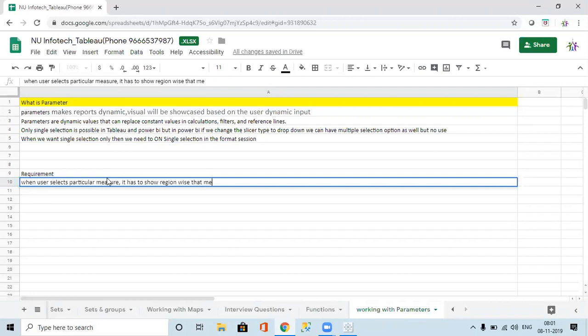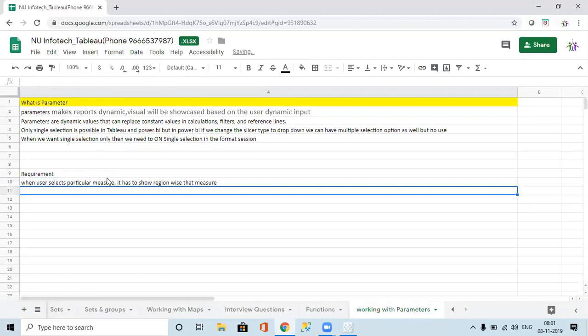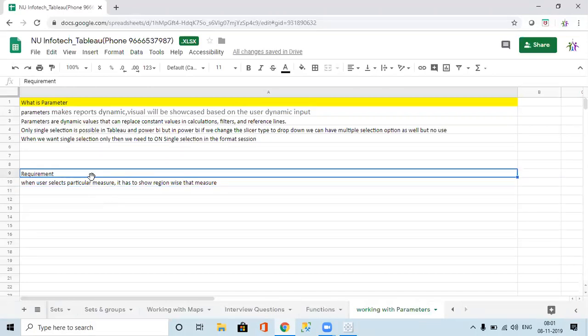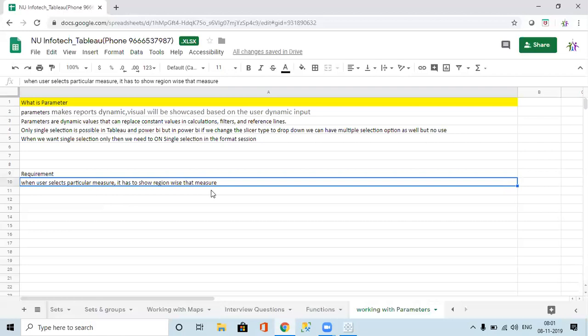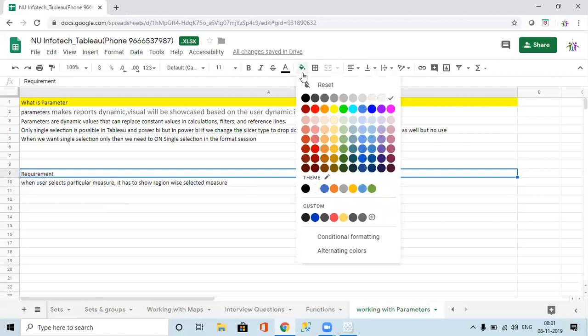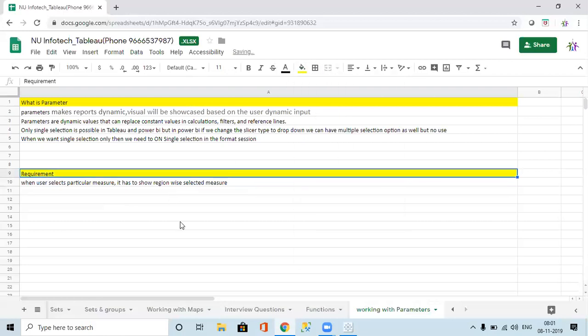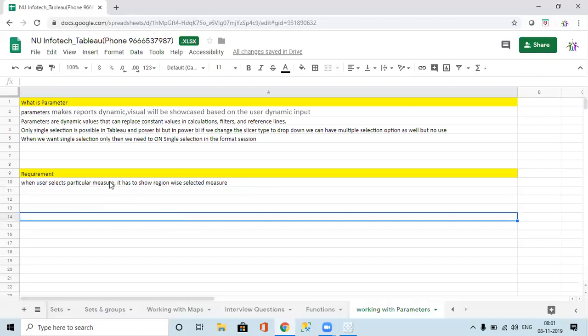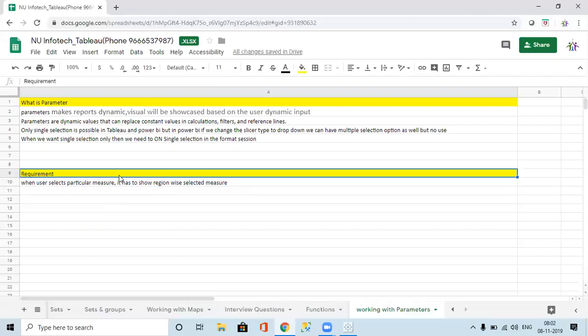So how do we show this? When the user selects a particular measure, it has to show the region wise selected measure. This is the requirement.